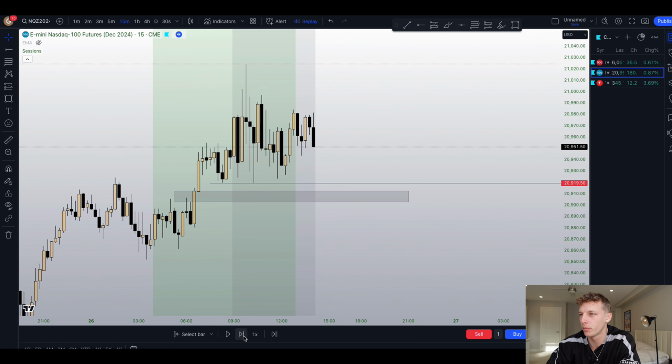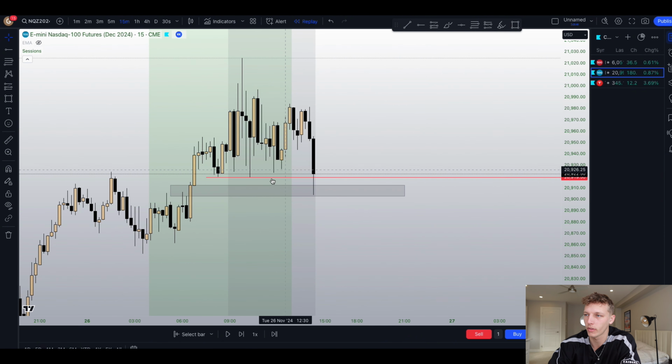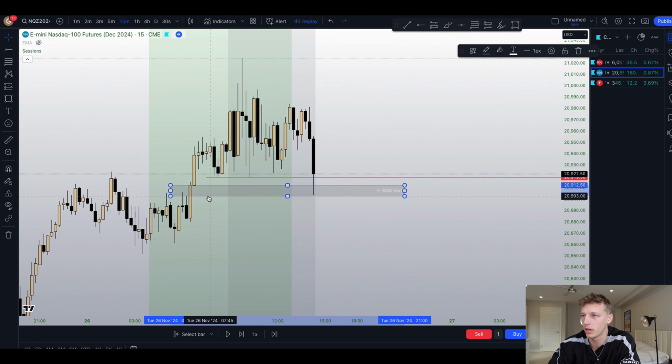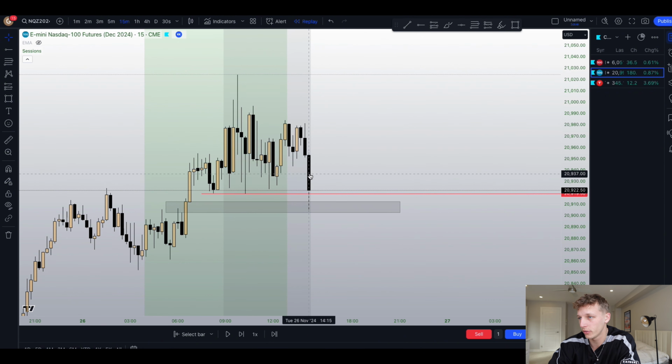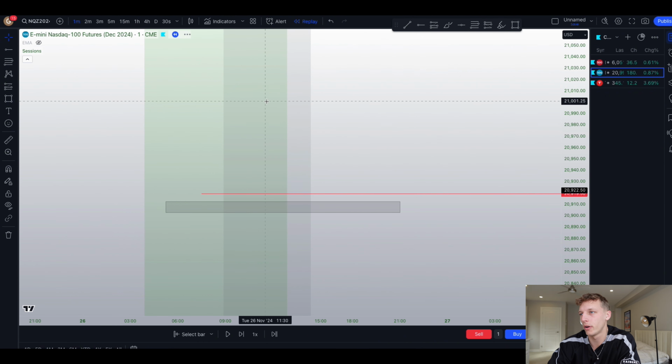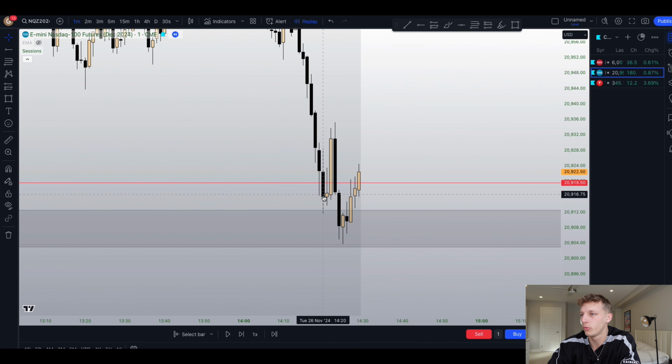So if you play price a little bit, you can see that it was a relatively choppy day. We had 2 p.m. red folder news, and as soon as 2 p.m. hits, we immediately target these lows, stop all these traders out. We enter our higher time frame 15-minute PD array that we have marked up here. So again, this is a combination of the two ideas. This is a bit of a double whammy here. And as soon as we enter this zone, we can now hop onto the one and then start looking for our entry model. So as you can see, we sweep the low, we enter the 15-minute here, but we don't